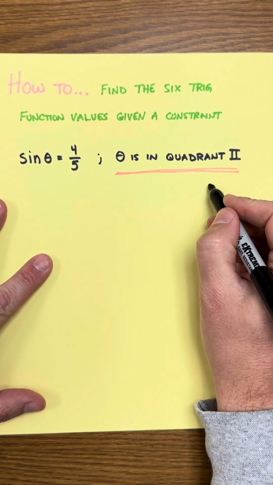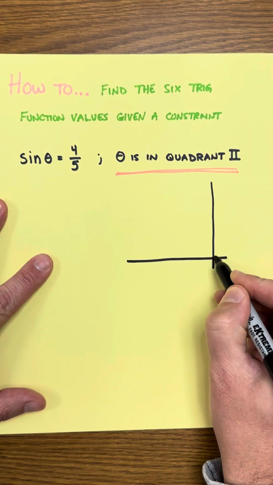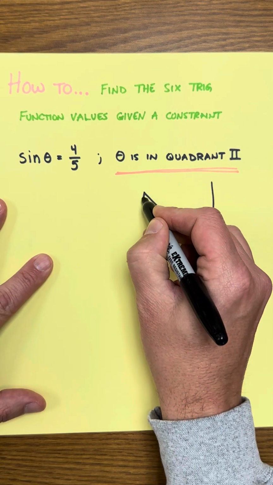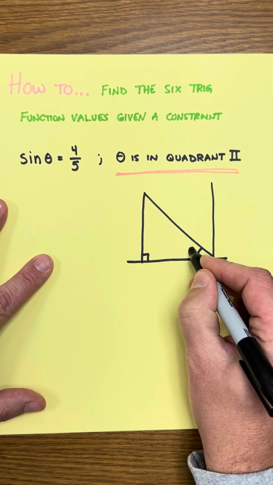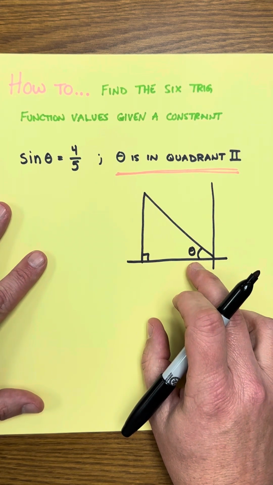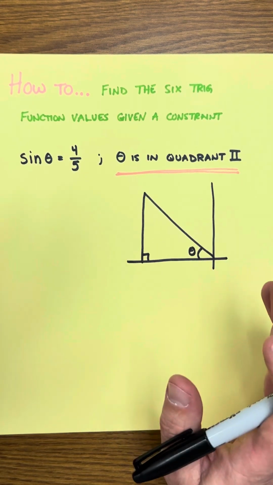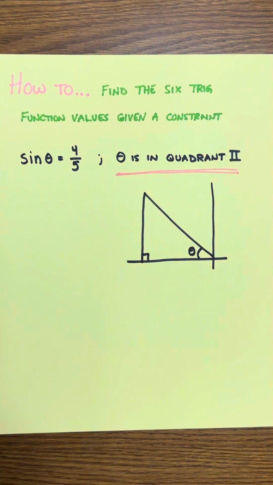So I'm going to begin by drawing a quadrant 2 triangle. Nothing needs to be drawn to scale, but I am going to always put the theta in by the origin of that graph, of that triangle. Now that I have my triangle drawn and it's in quadrant 2, now I'm going to label the sides of